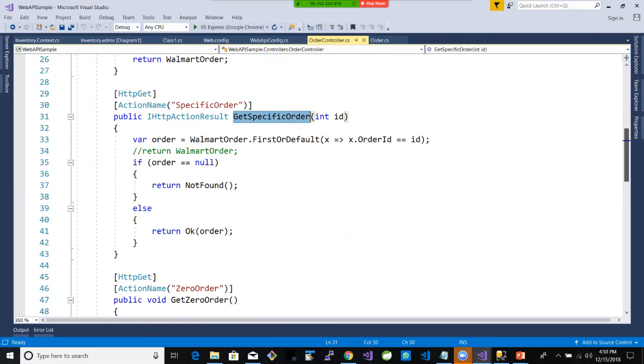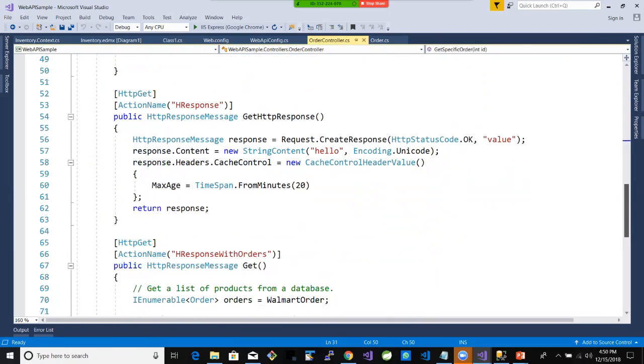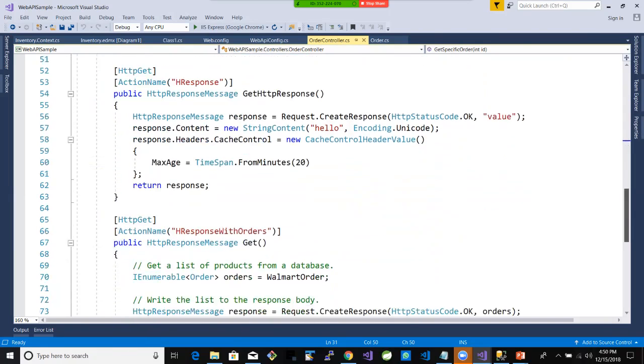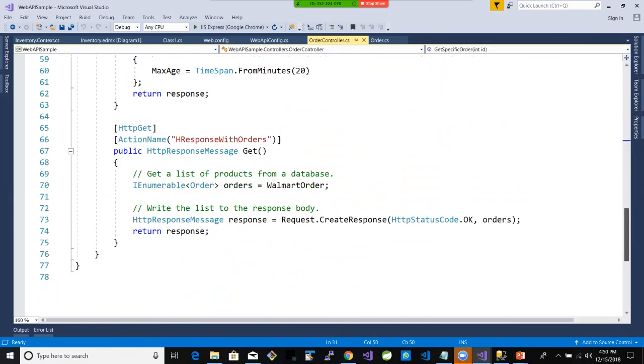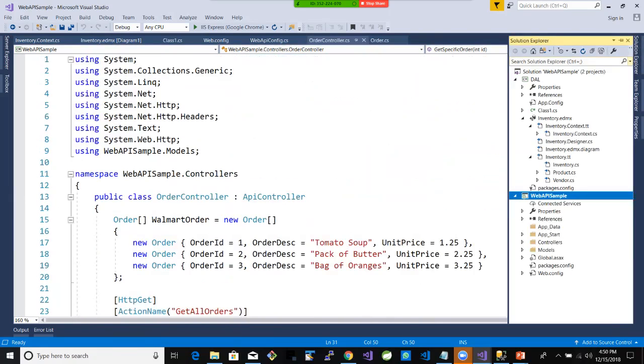All this I will be uploading to GitHub, so you can download it from there. All these are methods that are there in the controller, just like we have in ASP.NET MVC. If I open the project solution,